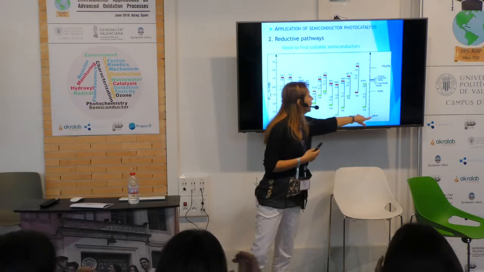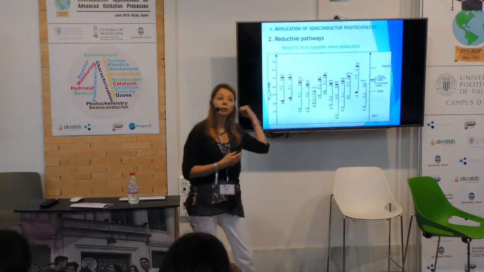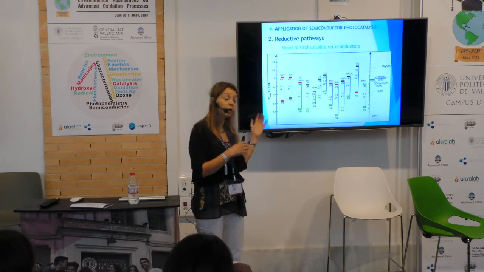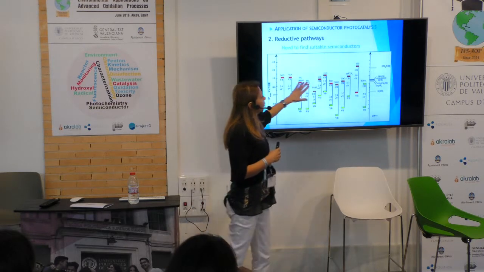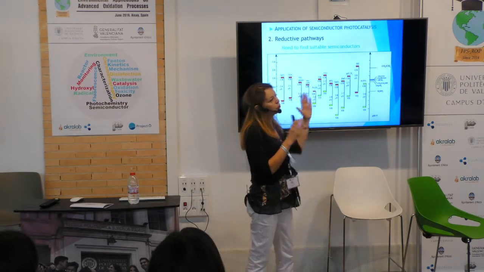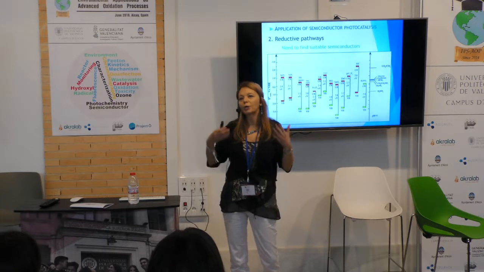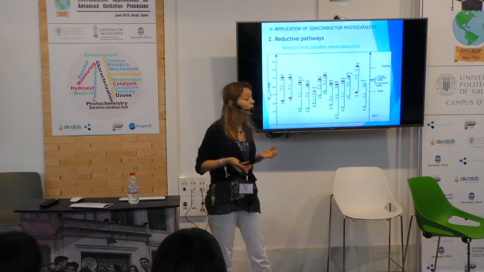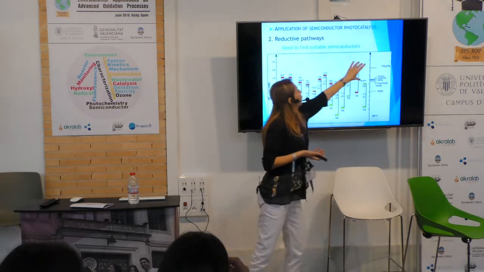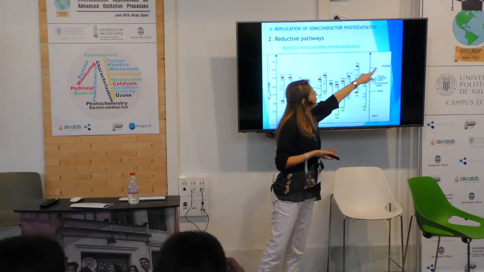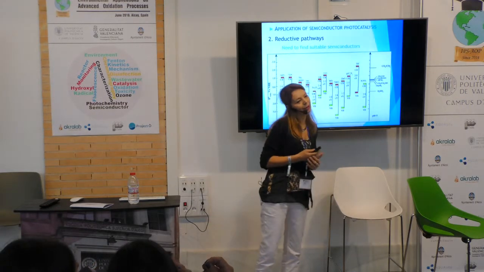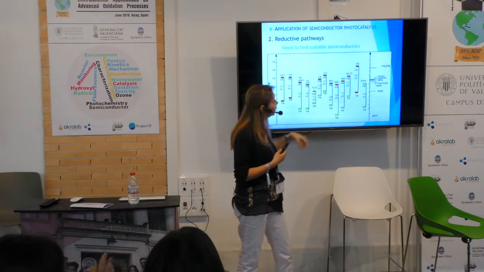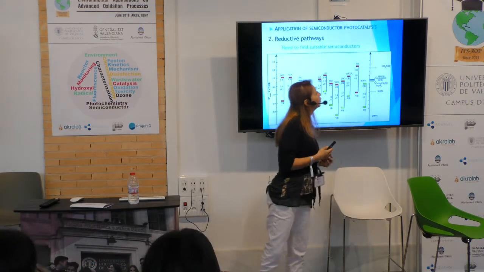These are calculated at pH 7, and not at 0 as usual. And so in this condition, to be sure that we can really exploit the reductive processes, we need to have a very high position, and in particular, the most favorable semiconductor is the one that also permits the reduction of